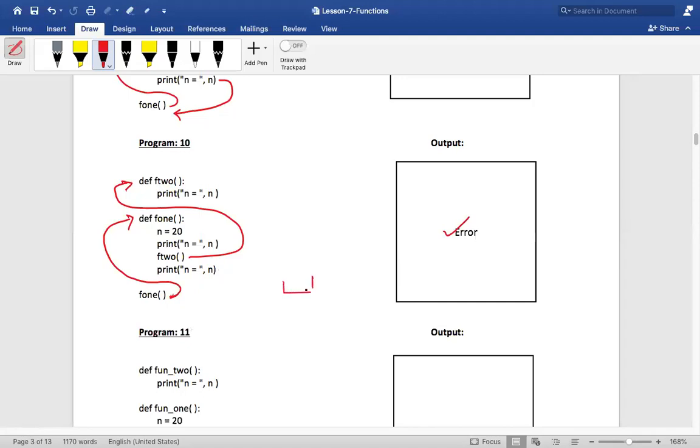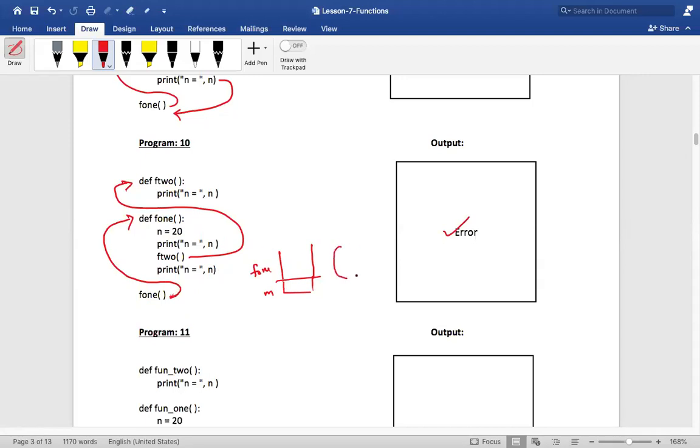Kavya, we have this main context. Assume this is your main context. Only the F1 function call is there. Now, what happens in the main context is calling F1. So the control will come to this function definition. Now a stack frame is generated for F1. Inside, n is equal to 20.